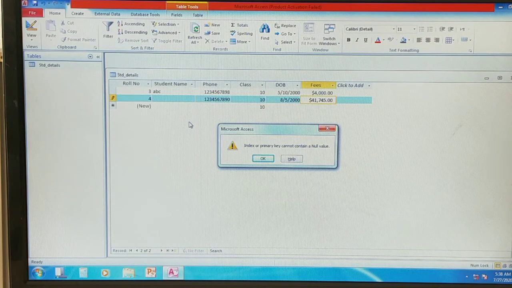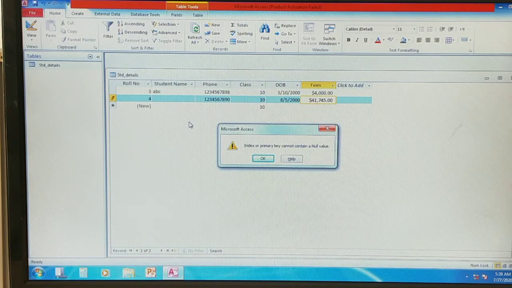It means in the student details table we have a field called student name, for which we have applied a primary key. In the first row the student name is ABC, but in the second row we skipped the student name. We didn't enter any name, so it is null. When it is null, by the primary key concept it should not take null values.